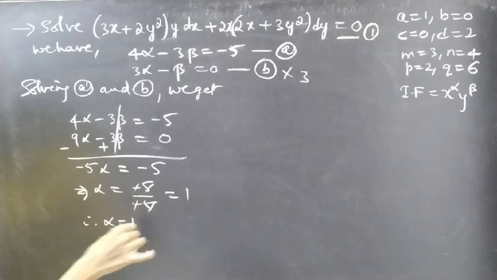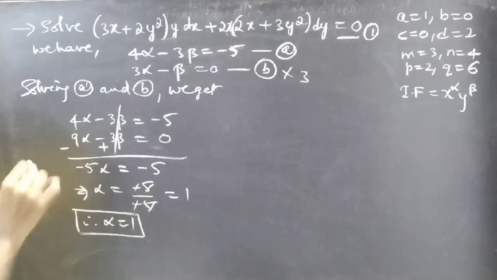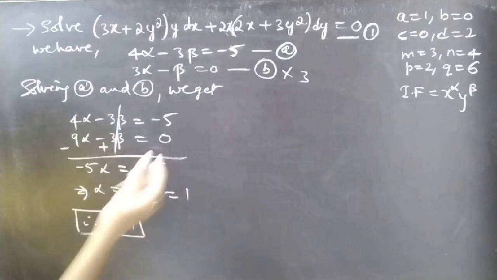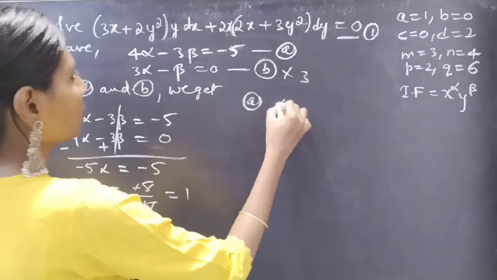Therefore alpha equal to 1. Now putting alpha equal to 1 in either of these two equations, we can find beta. Let's see for equation A. In equation A we have,